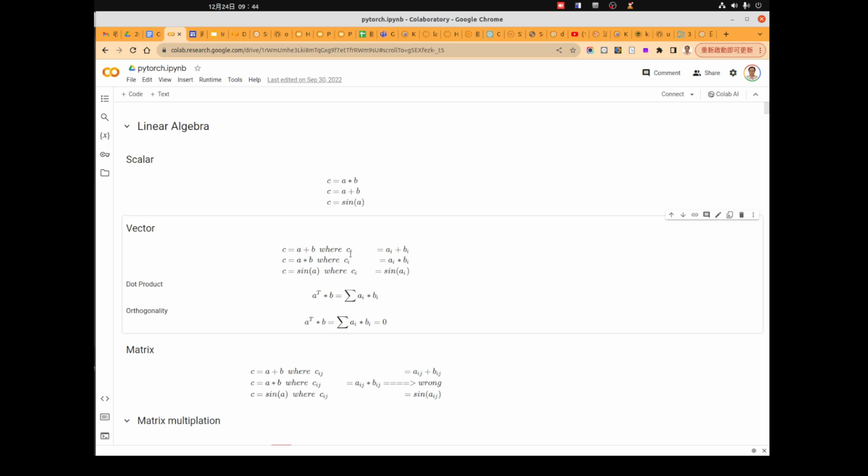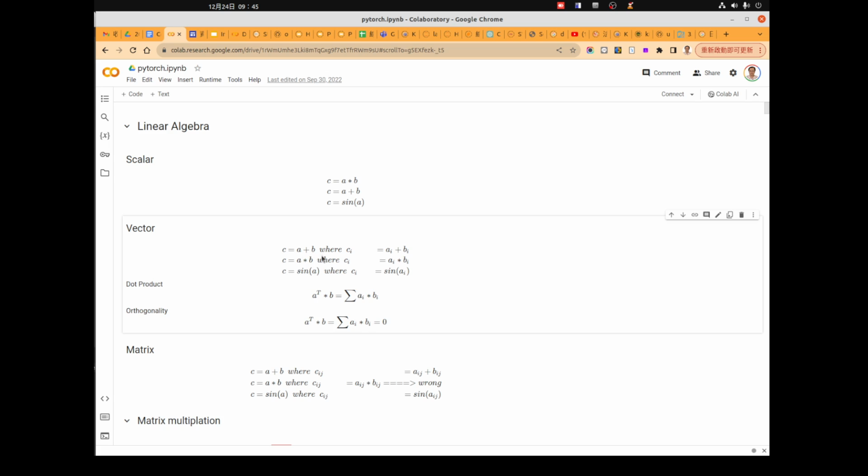We will have a c_i, where i starts from 0 to n-1 for an n-dimensional array or n-dimensional vector. Those vectors can be added, can be multiplied, and can be applied to a function.